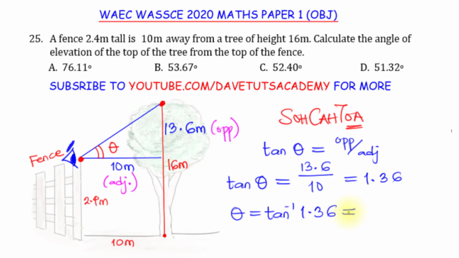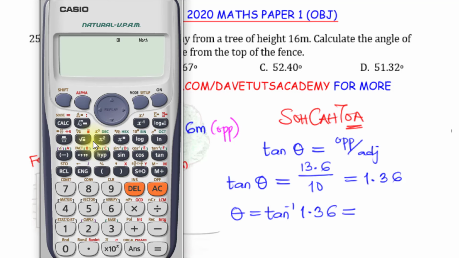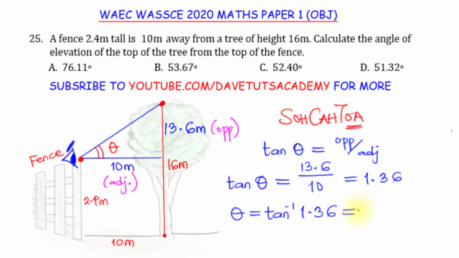So we need to bring in our calculator. So we are looking for arctan 1.36, okay. So this is 53.67. So this is 53.67 degrees. And if you look at the options that we have, we can see option B is corresponding to that,